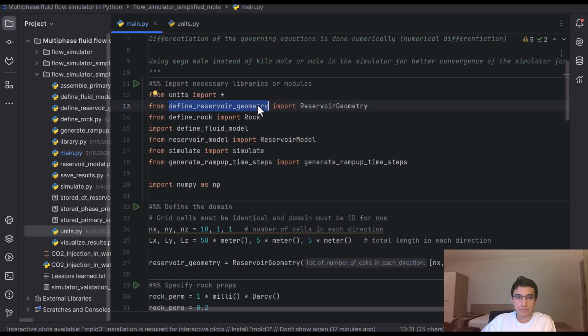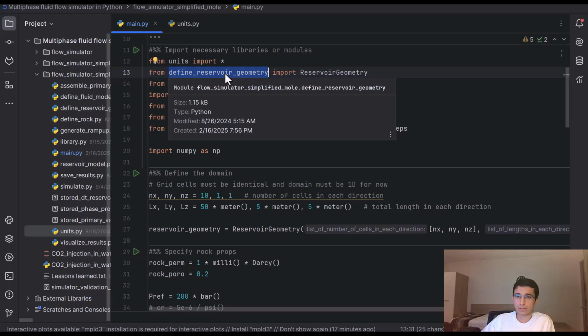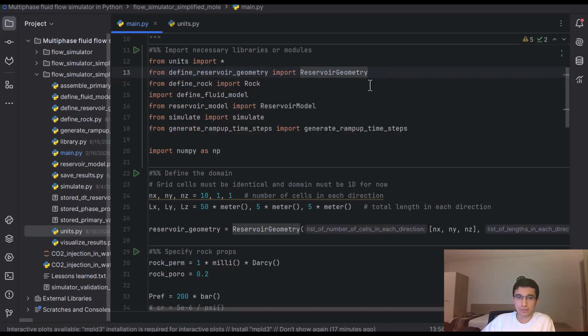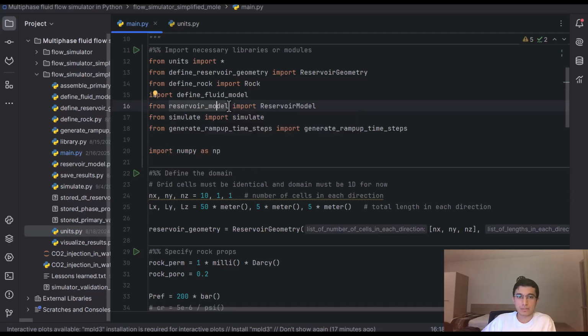Here I have a script which defines the reservoir geometry. I'm not going to actually talk about the scripts themselves, but you can look into them, and if you have any questions, you can actually raise them in the comment section. And using this script, we define the fluid model, and here we have our main script, our primary script, in